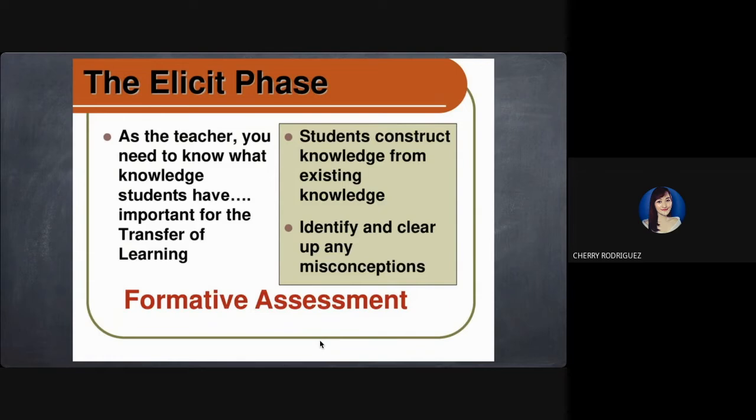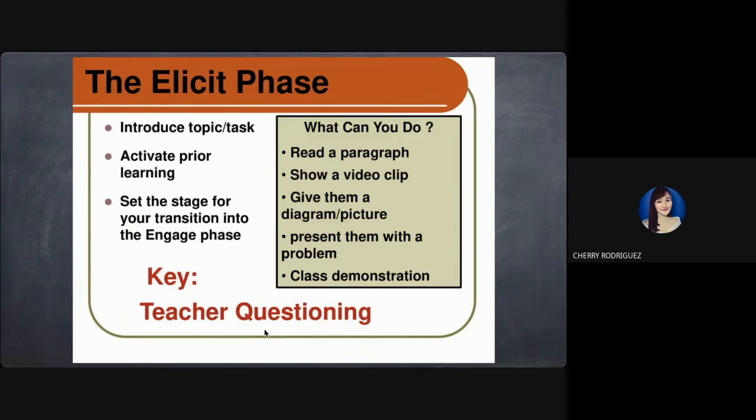This can be evident in a formative assessment. Then in the elicit phase, the teachers introduce a topic or a given task, then activate prior learning. So we have the higher order thinking skills of our learners, and we set the stage for the transition into